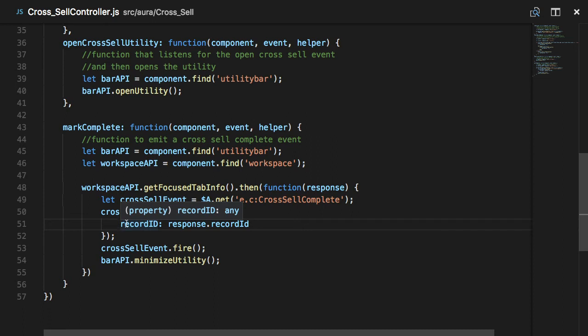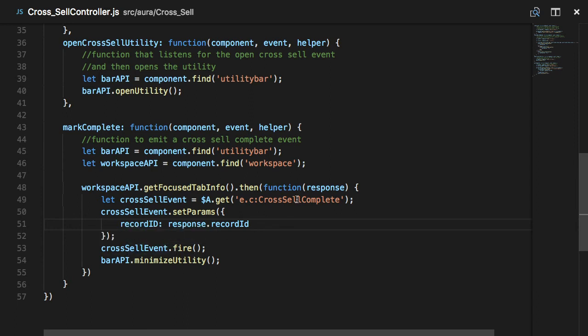And what that means is we need to figure out for that component if the component needs to listen to it. So we have to provide some information. In this case, we're providing the record ID of the currently focused tab to let the component know, hey, there's 4 of these subtabs open. These 4 case path components are listening to this same event fire. It needs to understand which of those 4 need to be the ones that need to act on this event firing. So we fire that cross-sell event, and then we